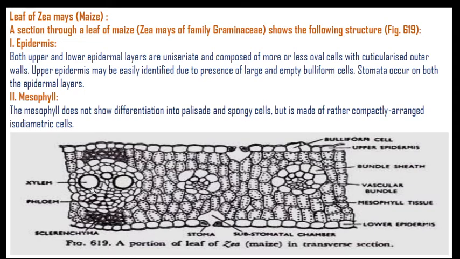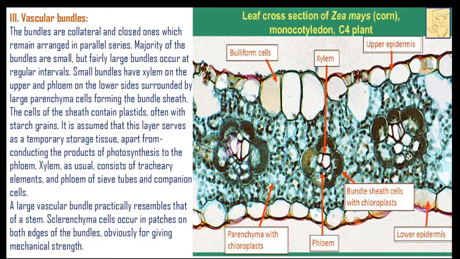This one is the main midrib, and these are the small veinlets which are protected by the bundle sheath, which are parenchymatous cells, and they form a single ring like structure, and inside that there is a presence of xylem and phloem. So these are the xylem, these are the metaxylem, and this is the xylem cavity. This one is the protoxylem, and these are the phloem cells which possess sieve tubes and companion cells. So this is the Zea mays.